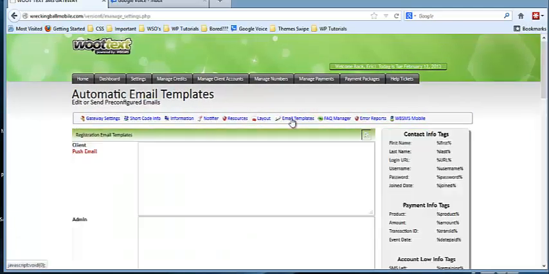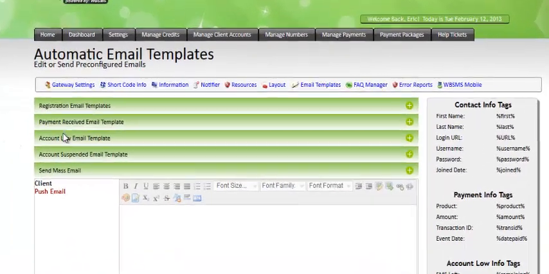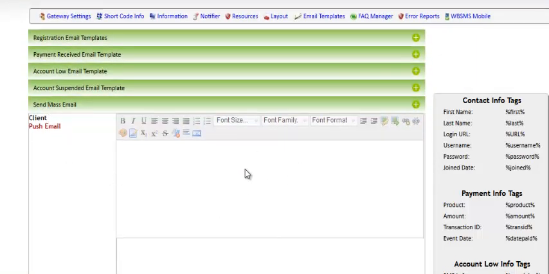If you go to email templates, we do have certain emails that will be sent automatically to admin and to the client when certain triggers are performed. For example, registration, when a new client registers, when a new client payment is received, if an account is low, if it's suspended, or if you just want to send a mass email, you can come in here and use your merge fields and say something like hello